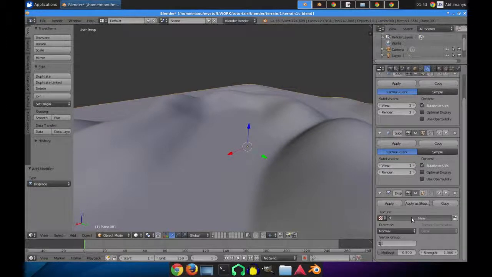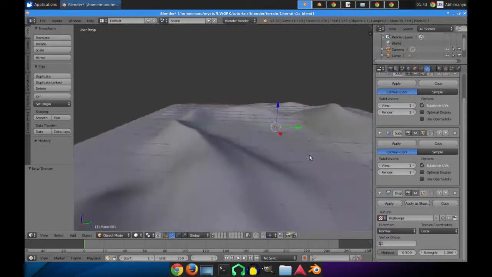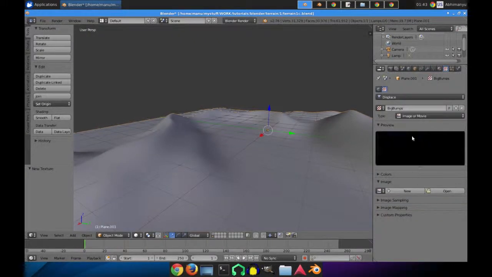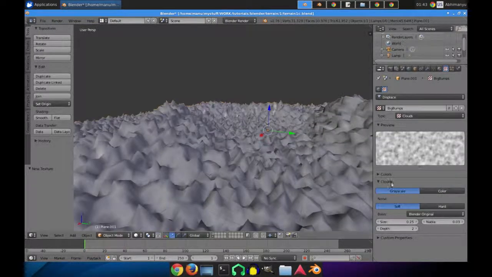Okay, so new texture, and I'll call this big bumps, and I decrease this for now so that it's not slow. Okay, now when you go into the texture, big bumps, you can select a clouds texture and make it 5,